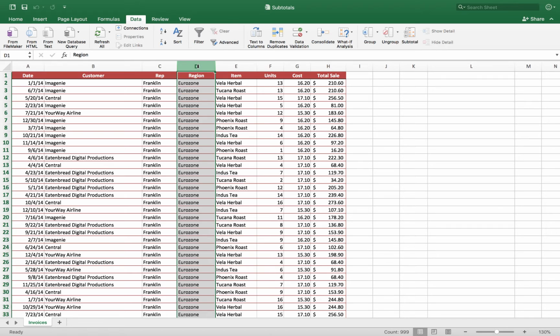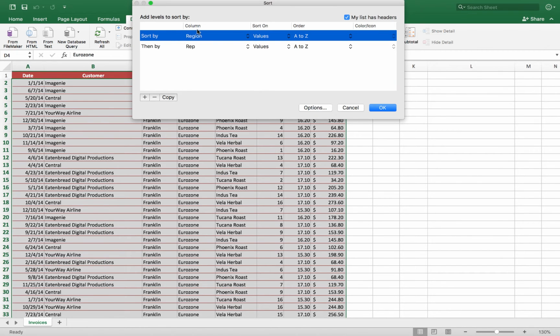You guys doing okay with it? So after the region one, you press subtotal, and then how did you get the rep to sort? Okay, so what I did there on the Data tab, I went to the sort option, and there you can add as many levels as you want. So I did a sort by region, and I hit the plus button to say then by rep. Okay? And then after I did that, I was able to use the subtotal feature. Okay, sure.